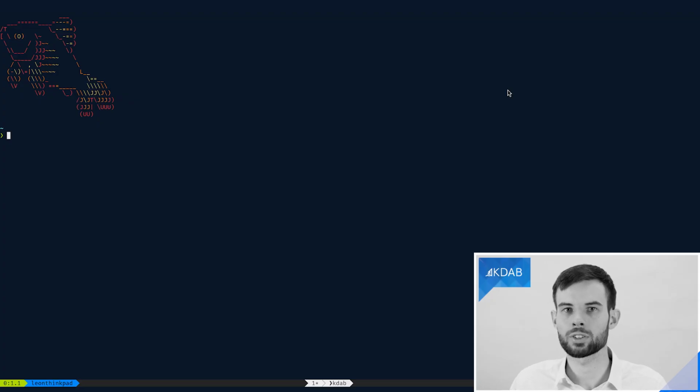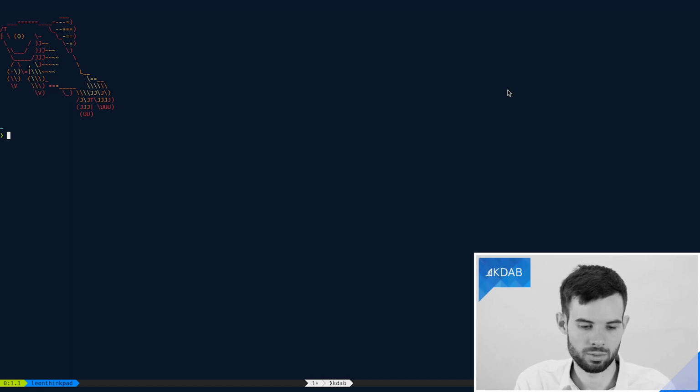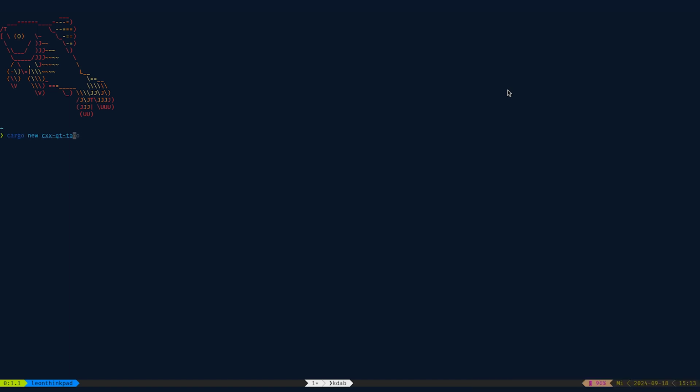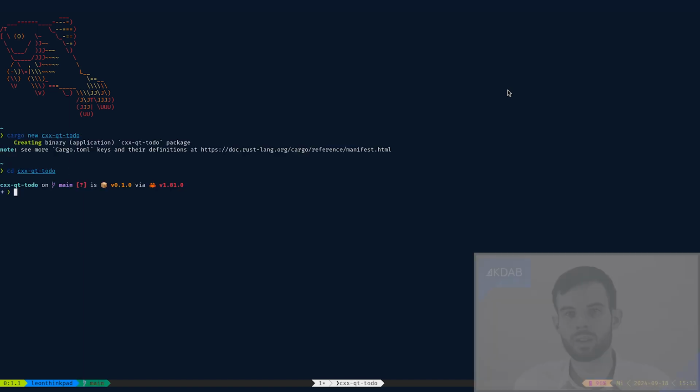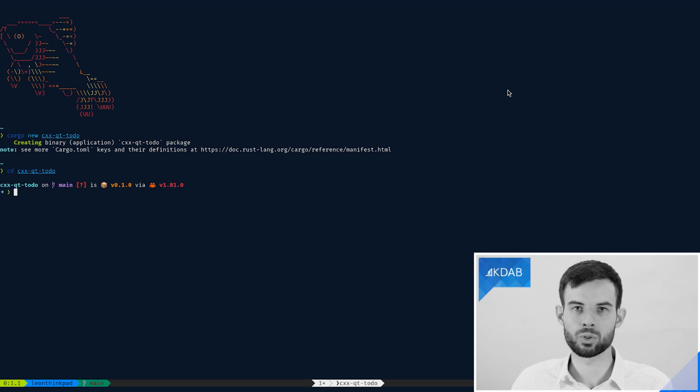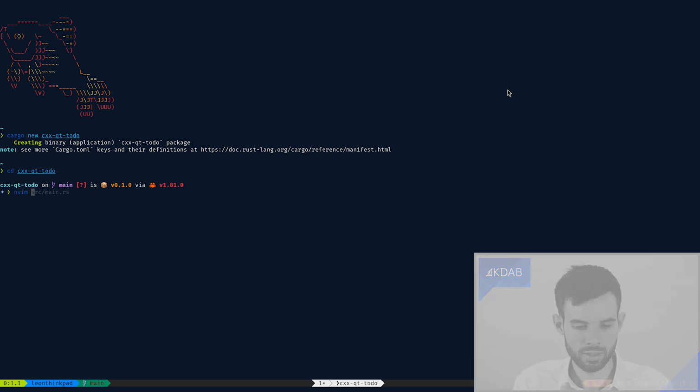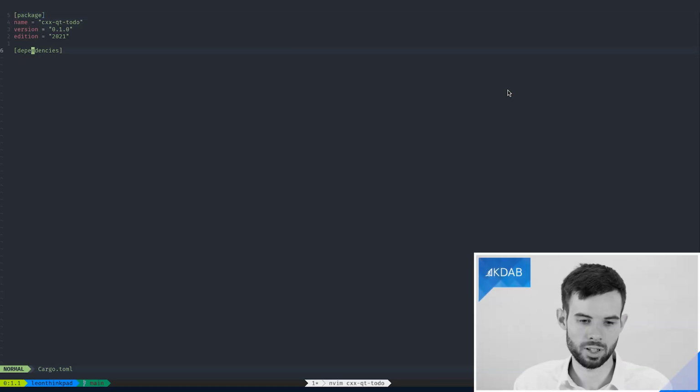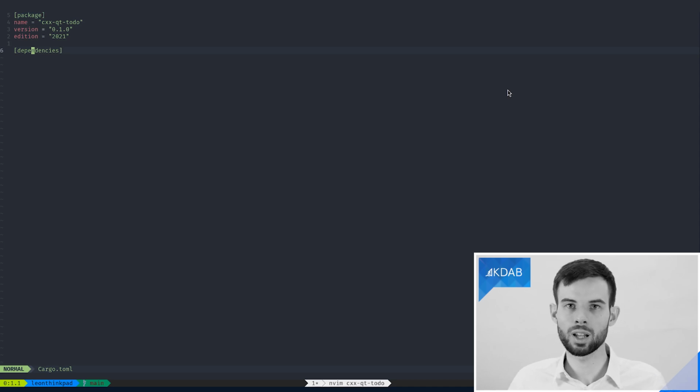Because now we actually don't need any of the previous code, we can go ahead and initiate a completely new cargo project. So we'll go ahead and run cargo new. And within our app, we will first make sure that our Cargo.toml is set up correctly. The name's already set up correctly for us by cargo new. And then we'll add our dependencies, which are going to be the same dependencies that we used last time.